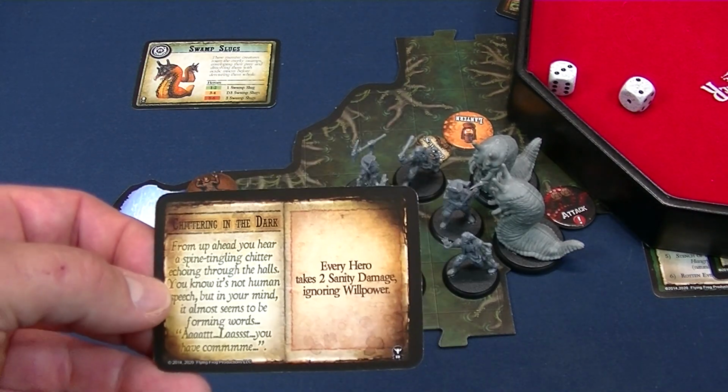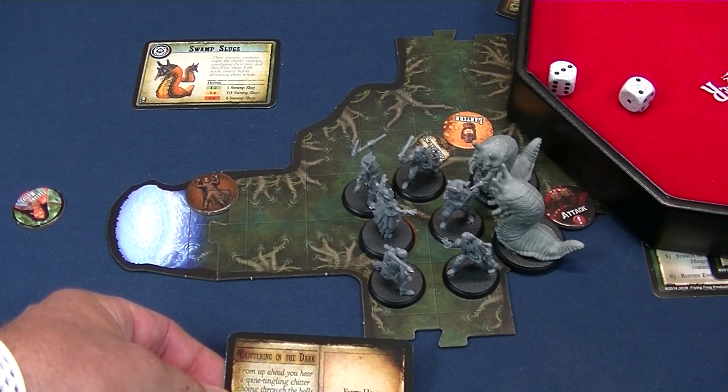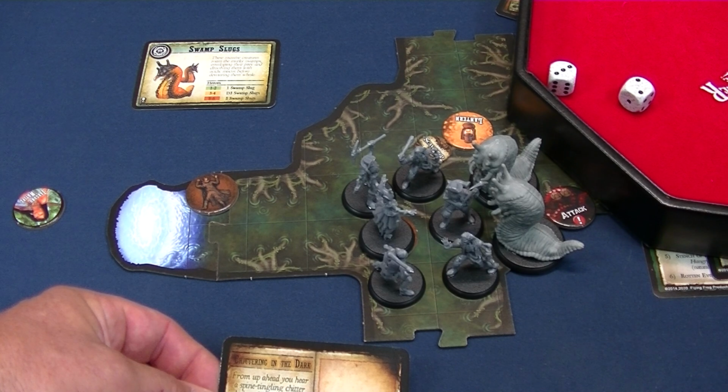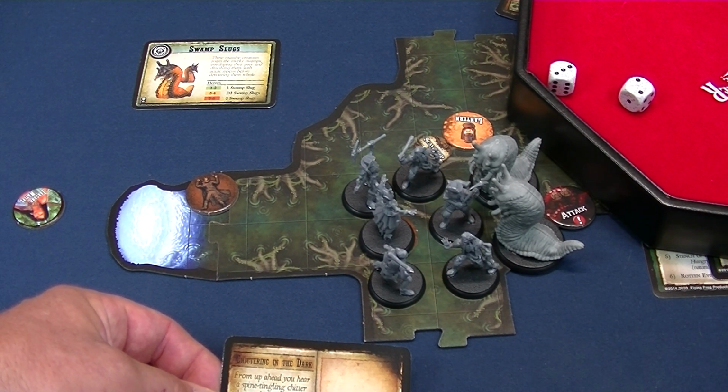Chittering in the dark. From up ahead, you hear a spine-tingling chitter echoing through the halls. You know it's not human speech, but it's in your mind. It seems to be forming words. At last, you have